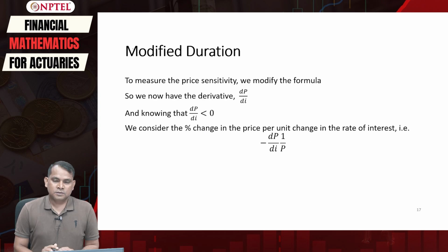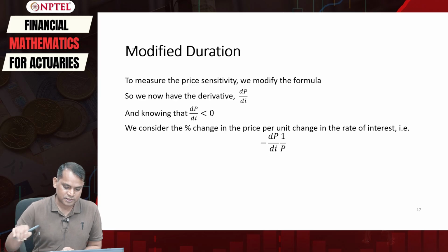Okay. So let us understand what is modified duration. The modified duration is actually the refinement of the Macaulay duration which adjusts for the yield to maturity. The modified duration tells us the price sensitivity of the bond with respect to a change in the interest rate. And therefore we can simply take this as the rate of change of the price with respect to the rate of change of the interest rate.